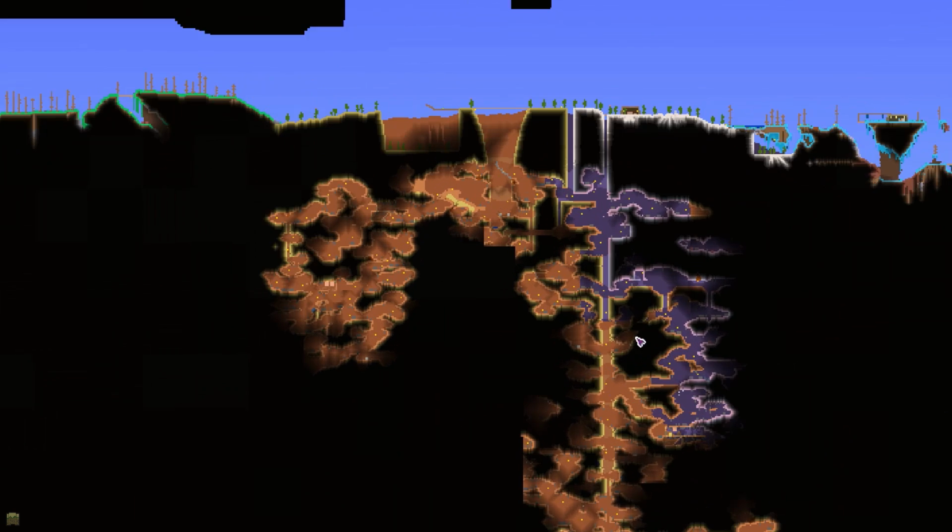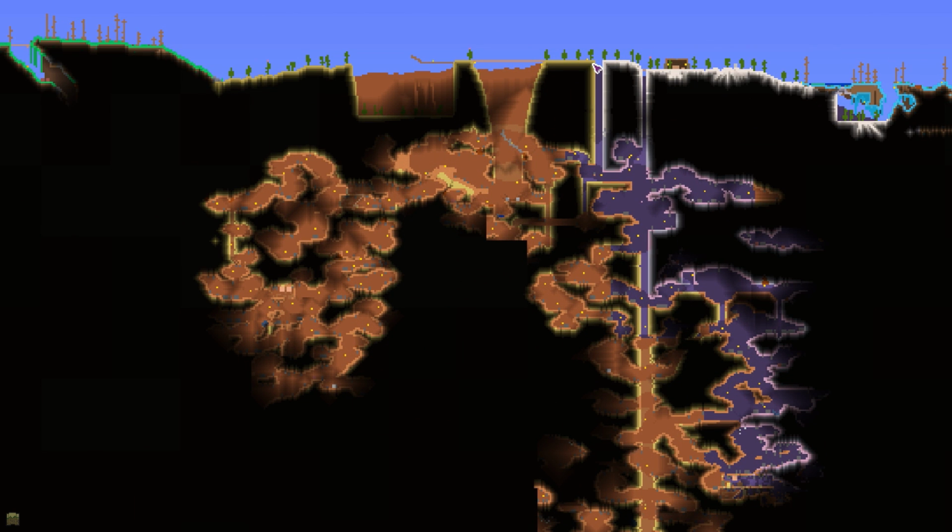Though I might go back over here and finish digging this as a trench all the way down. Make it an elevator, or at least go to the mine shaft. The mine shaft's a good blocking point. Actually, you know, I don't even need to go to the mine shaft with it. I just need to take it to the jungle. Because the Hallow can't